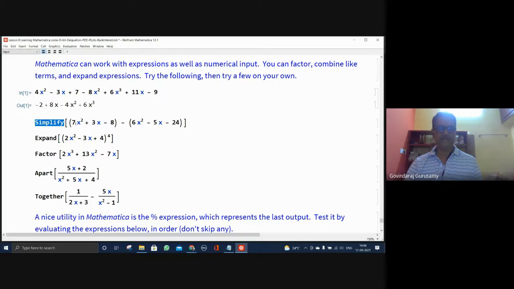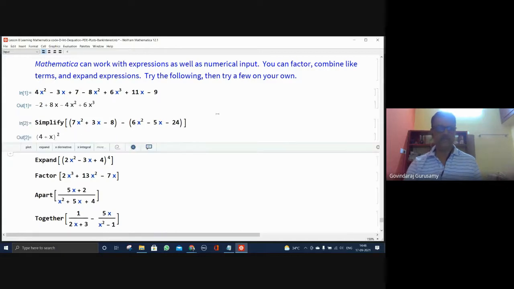Now we can simplify, which we already used several times. This is the simplify in algebra, and we are subtracting these two and then writing this equation. That can be done. So it is simplified and it seems to be in the form of 4 plus x whole square after expanding this. And confirm that these are all correct, that you are getting it consistently. Okay.